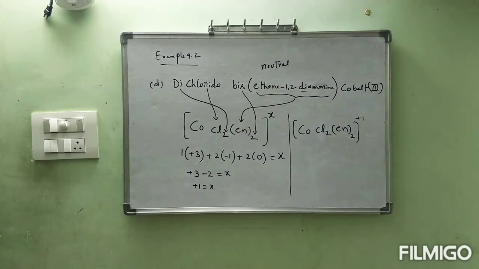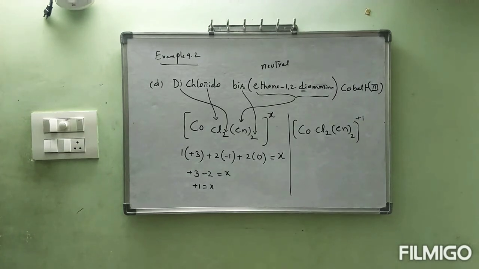What is the name they give? Dichloridobis(ethane-1,2-diamine)cobalt(III). Okay, how did I write that one? Arrow marks, everything I have shown. Further, if you have doubt, once we will discuss, no problem at all. You have to be in a position to answer this type of question, because under nomenclature there is definitely a chance to get a 2 marks question. Now cobalt, 2 chlorines are there, di. Everything please observe carefully, all of you. We will see with the next example.